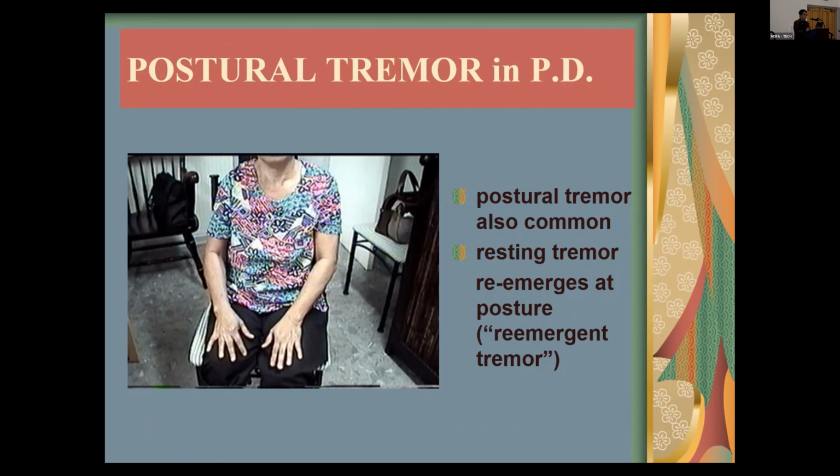Patients with the rest tremor in the setting of Parkinson's disease also develop what is called a re-emergent tremor. So if their hand is rested, and you see this right hand tremoring here, and then the moment they raise the hand up, after a latency of about, I'd say about,